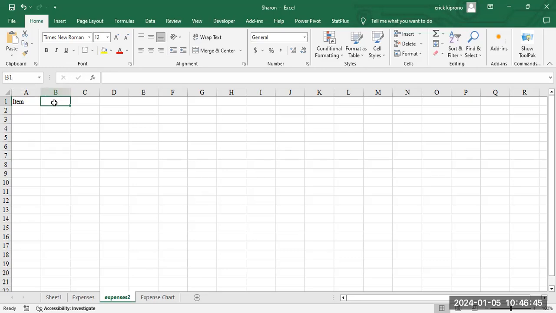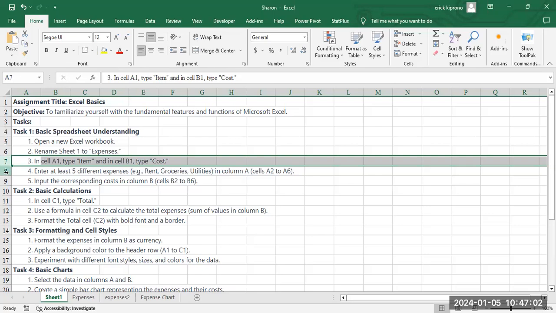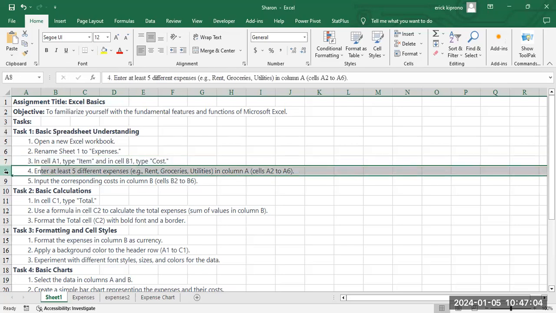So you type here the cost for these items. Cost. Then we are done with the first part of the assignment. Secondly, we come to this, which was to enter at least 5 items: